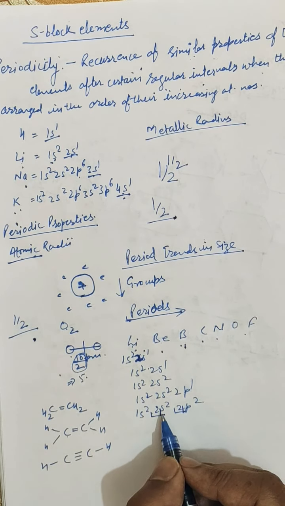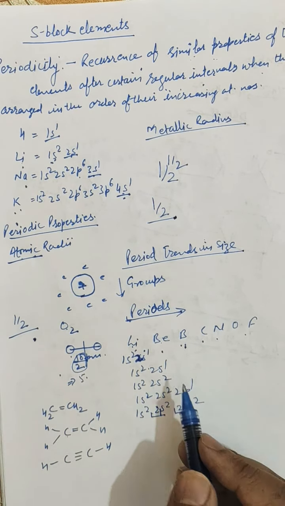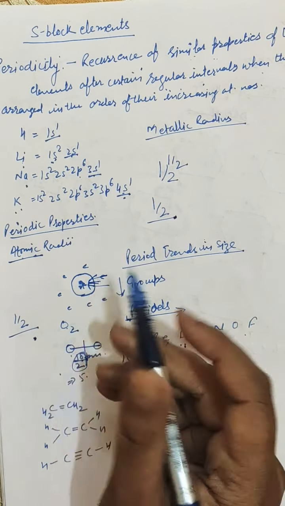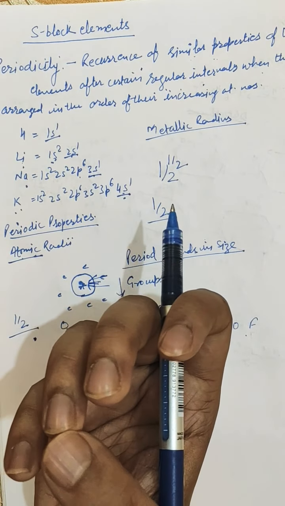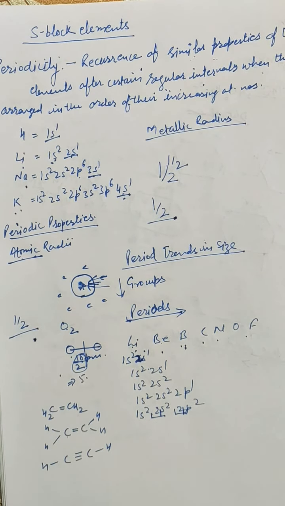So electrons are added to the same shell, which results in the increase in the nuclear charge. The increase in nuclear charge will obviously pull electrons toward itself, which results in the squeezing of the electron cloud. So the size of the atom will decrease along a period. These are the two factors which explain the atomic radii along the period and downward the group. So these are the atomic radii. The next part we will take next time.